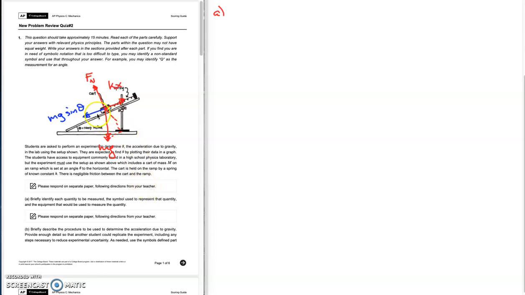So if we let this guy sit at rest, there are two variables that we can change on the left side here. We can either add mass to the cart, and that will stretch the spring more, or we can change the angle of the incline, and that will also stretch the spring more. So what equipment and what variables are we going to want? So to measure the mass of the cart,